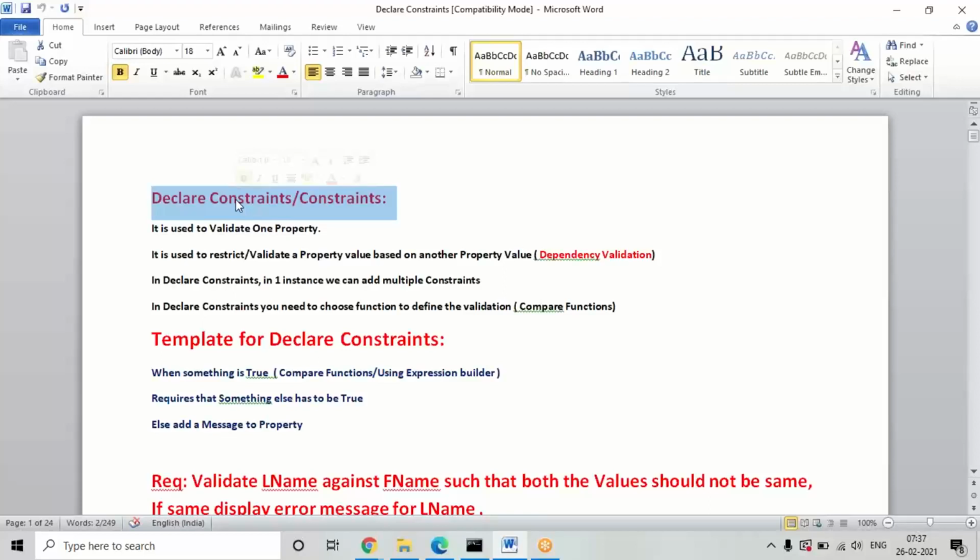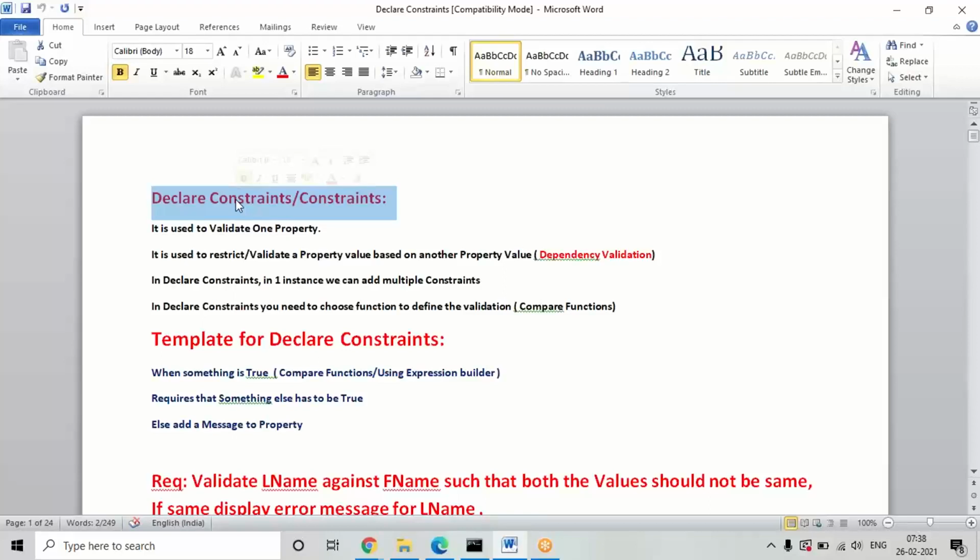Compulsorily, it should have different inputs for the first and last name properties. If the same input is given by mistake, it will throw an error message asking you to enter a different string for first or last name, and you'll get whatever custom message they set in the application.